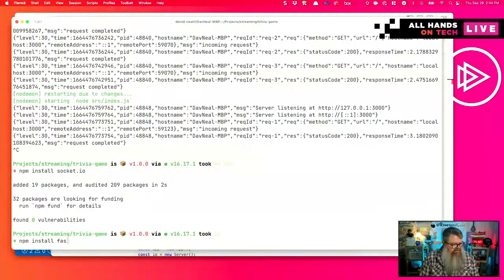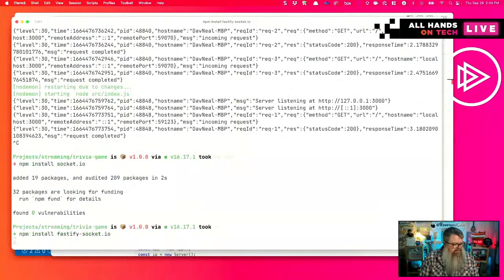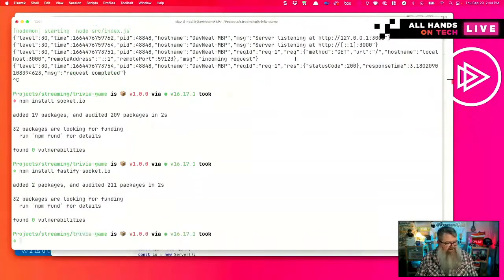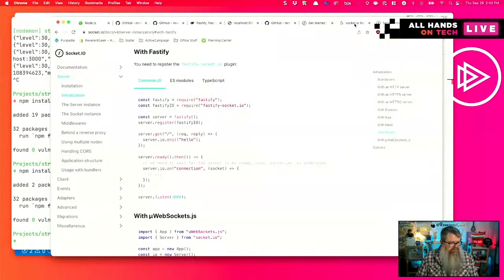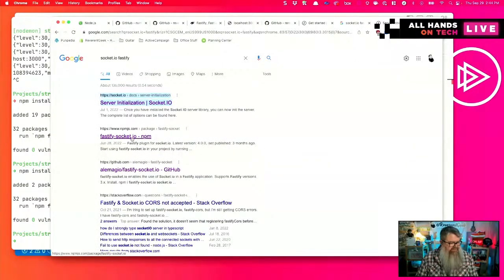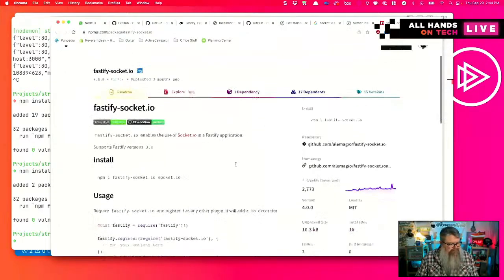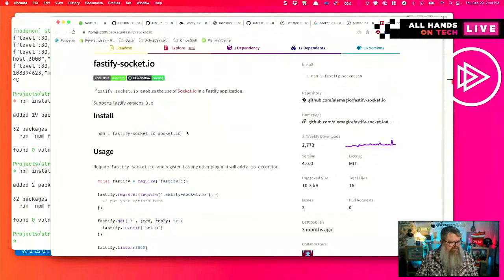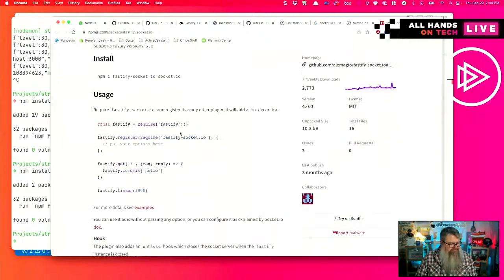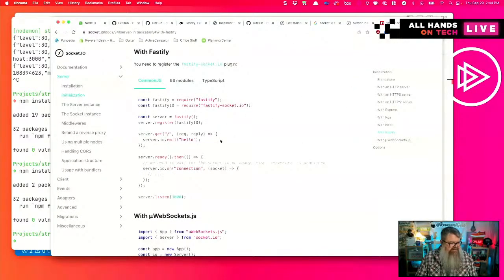So let's install that. Fastify Socket.io. I think that's the same plugin that this is referring to. So let's open that one up too. So it's good to know that you need to install both Fastify Socket.io and Socket.io. There's an example here. Let's see what this example has.